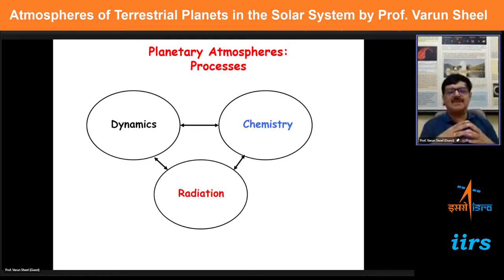But in terms of science, when the scientific community wants to study, you can divide the entire domain of planetary atmospheres into three broad categories. So there are processes, chemical processes, which belong to the category of chemistry, because it's a gaseous envelope, the atmosphere, and there are various species interacting with each other, so lots of chemistry is there.